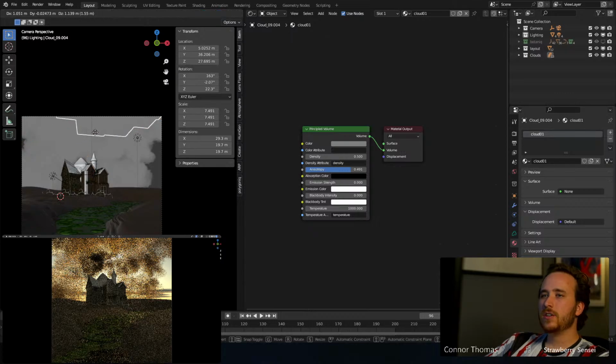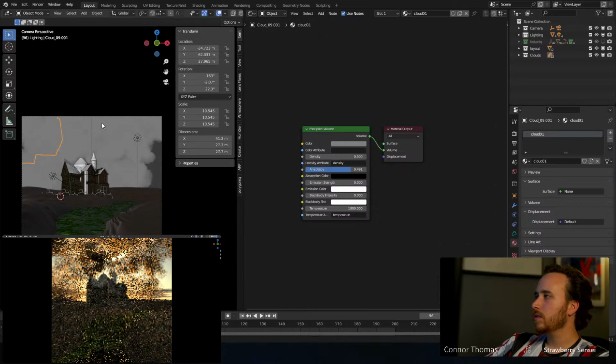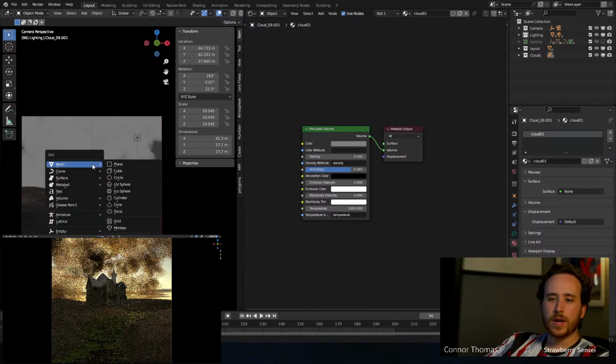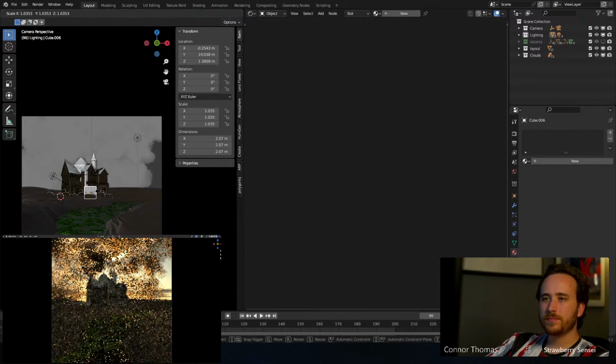I think it's just intersecting clouds. Okay, great. The only other thing is now if we add in a cube,